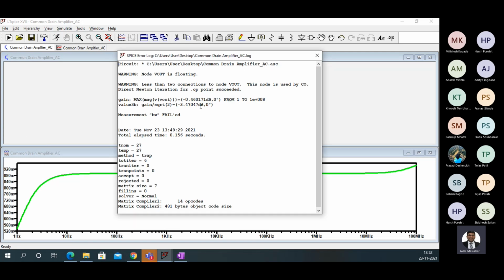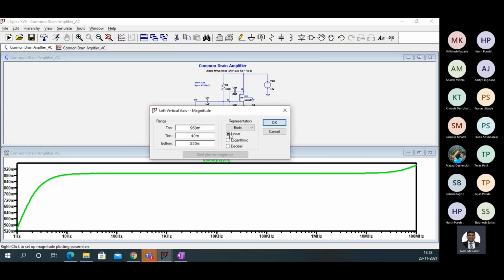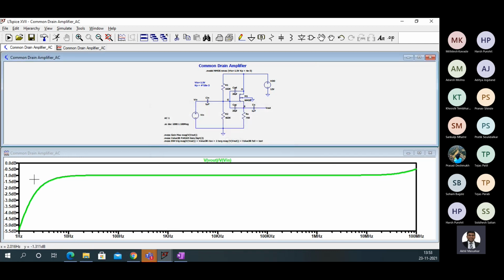So here you can see that the gain is this much. It's in dBs. If I convert this to dBs, I'll get what I am seeing here. You should observe one thing here, that this line is close to 0 dBs. The log of 1 is 0, so that's why that line is very close to 0 dBs. But the gain is less than 1, so that's why it is below 0 dBs, and the value of gain in dB is negative.